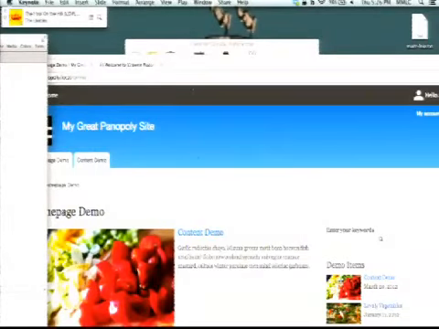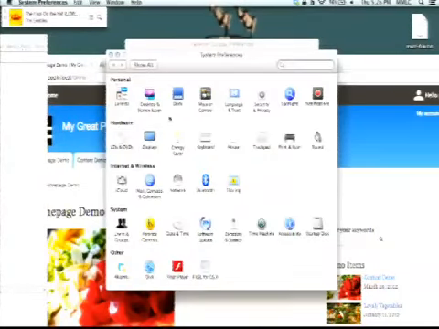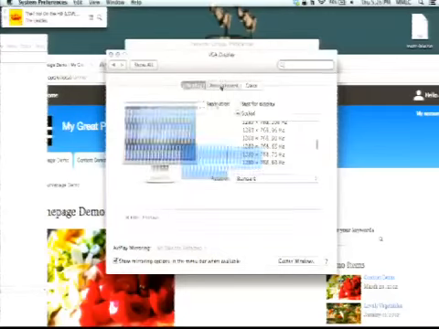All right. So I'm going to put it back to mirroring, and let's get going. So I've installed Panopoly